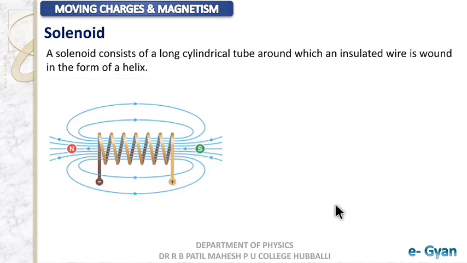To show you exactly, in the cross-sectional view, it would be appearing like this. Current is flowing from this point and coming out from this point. So current flows from here, goes on the other side, then comes out from this side and flows again on the other side. In this way, if you want to find out the magnetic field direction, you can use your right hand thumb rule to find it out.